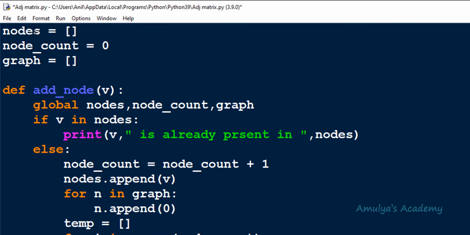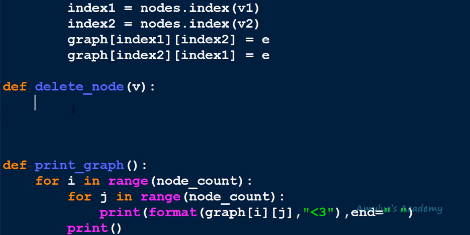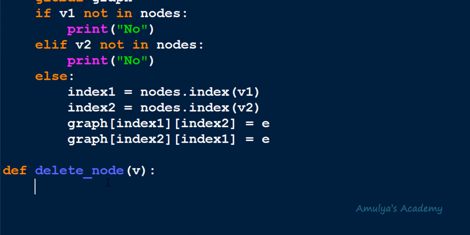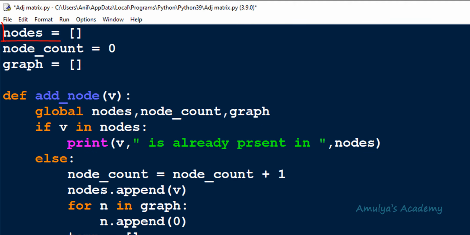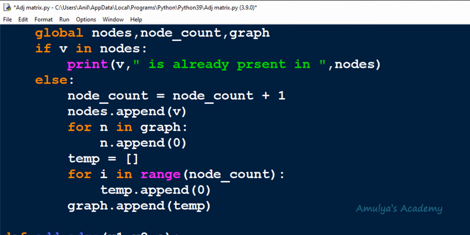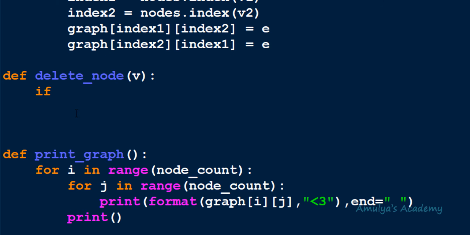In the nodes list, we'll store all the nodes of the graph, and in graph we are storing the adjacency matrix. So to check whether a node is present in the graph, you need to check whether v is present in the nodes list or not. So the first step is to check if v not in nodes.